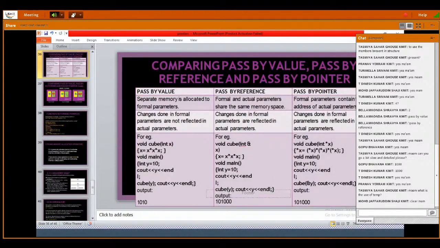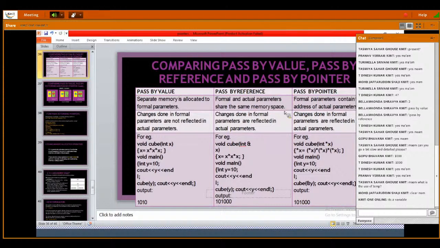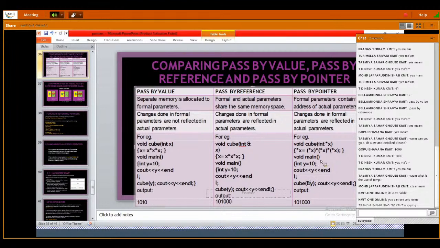Okay, so now it is clear. I think you should understand very well. So here I have written pass by value, pass by reference, pass by pointer. We have already seen that pass by pointer means we send the variable address as an argument in the calling function, and the function definition declares one variable to store the address of this actual argument. It is clear. In pass by pointer value,